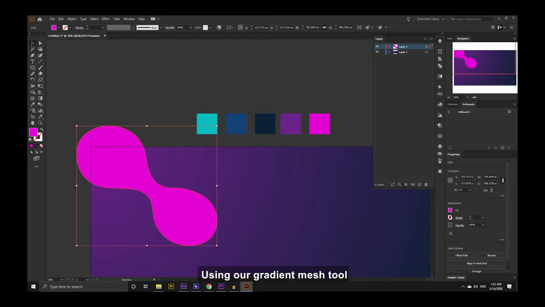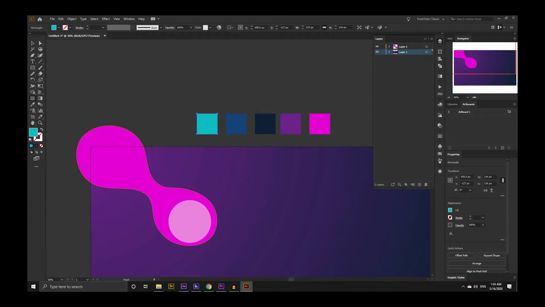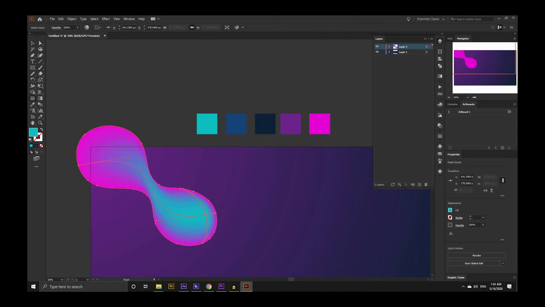Using our gradient mesh tool, we will select the color. We will take the gradient mesh tool, and somewhere over here, okay, in this area, wherever you want the bulge to be, wherever you want the highlight to happen, okay. Now this being done,